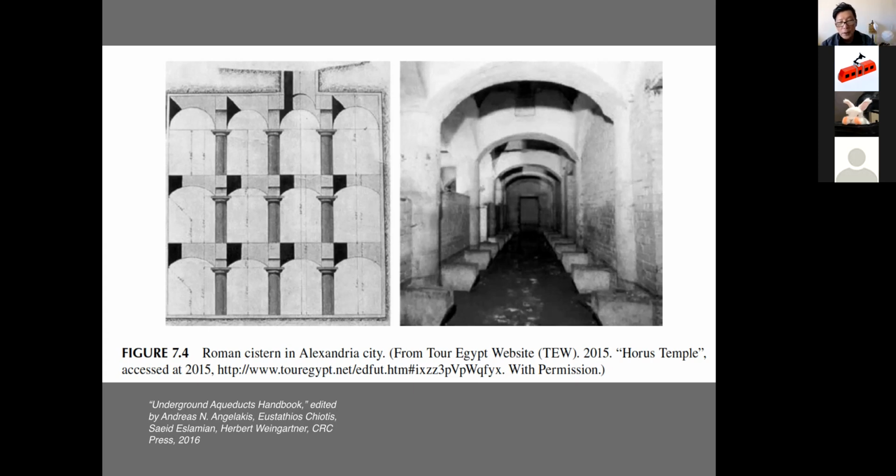On the left side is a section of a large cistern that was 3 floors high. You can see the columns and the semicircular arches that span the ceilings between the 2 columns. As you can see on the 3rd column, it goes up to a hole above the ground to get air, maybe even light. And on the image on the right, you see a similar kind of system in a temple